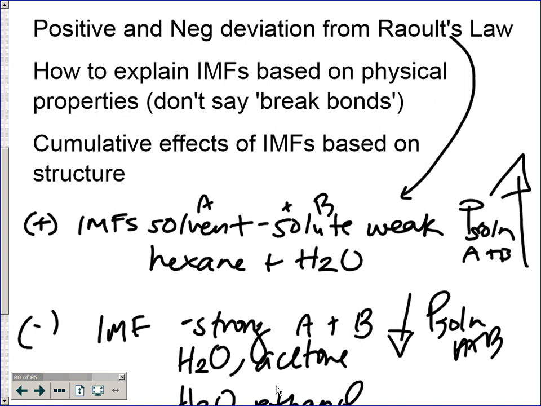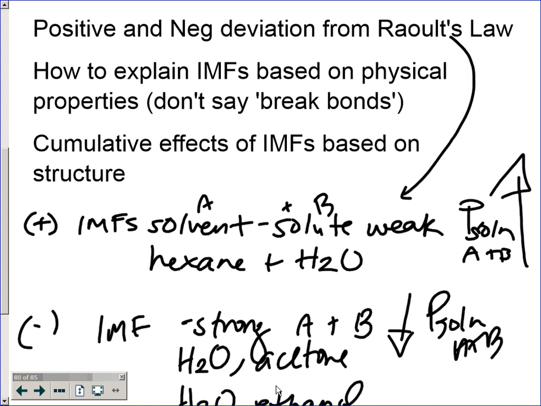LDF, dipole-dipole, hydrogen bonding, ion dipole. That is the trend, right? That's assuming we are comparing molecules that are very similar in size, structure, molecular weight, and polarizability. So it's a very, very similar comparison. But if you're comparing huge molecules to one like HCl, that's going to really distort how we think about